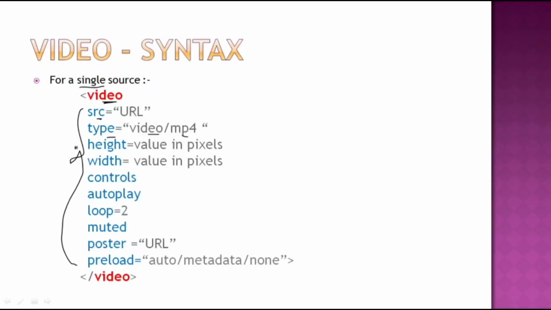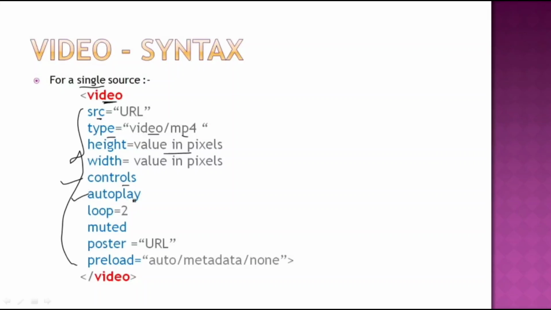Then we can also specify the height, the height where the video will be playing. This is going to be a value in pixels, any number in pixels. The same way we can specify the width, also in pixels. The next attribute is the controls attribute. Controls will make the bar of pause, play and audio visible to the user, by which he can control the video. If we specify the attribute autoplay, the video will immediately start playing